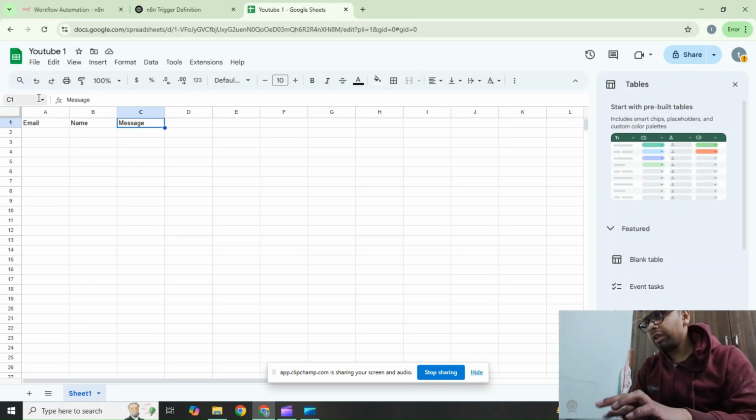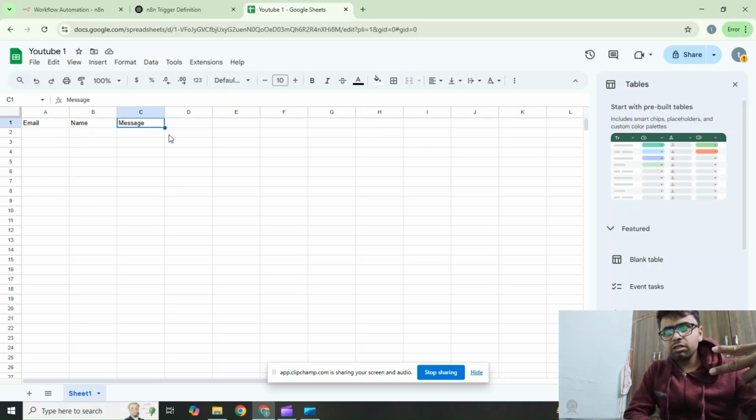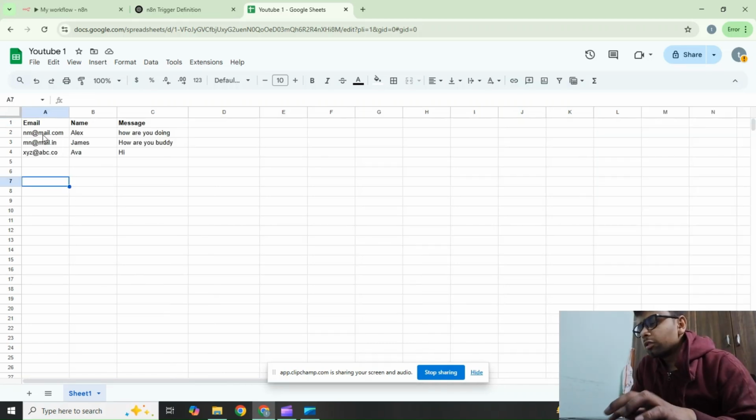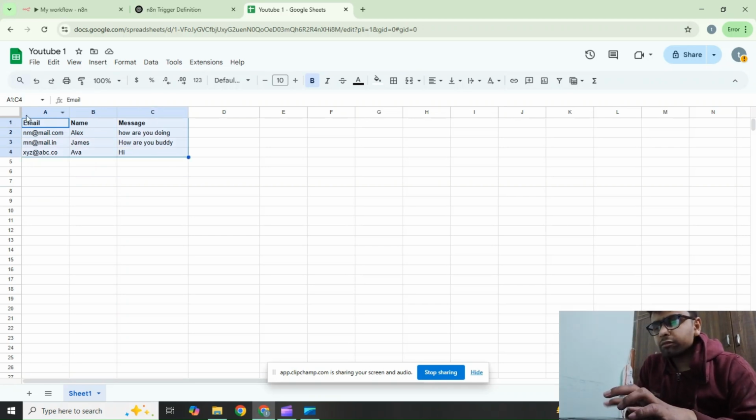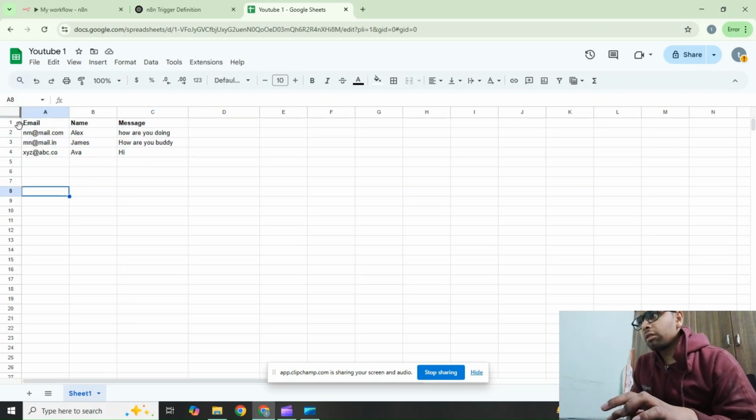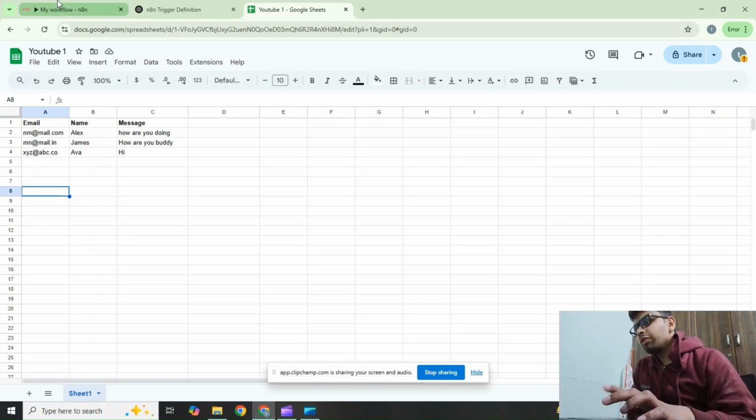Now we have to fill some emails, name, and message, so it will work, and we can see whether it is working or not. So I have filled some email, name, and message just to save time. After making them, we will go to our workflow,